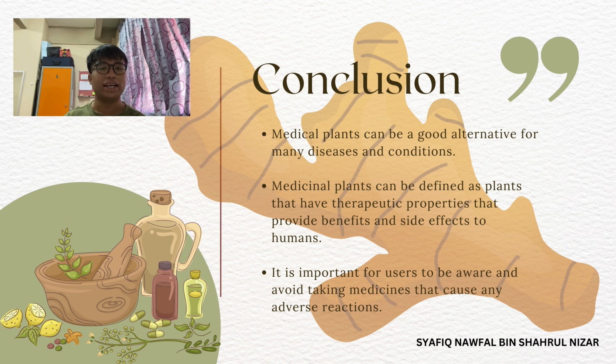So now we are in the last part of the video, which is the conclusion part. So we can conclude that medicinal plants can be a good alternative for many diseases and conditions. Next, medicinal plants can also be defined as plants that have therapeutic properties that provide benefits and side effects to humans. And lastly, it is important for users to be aware and avoid taking medicine that causes any adverse reaction